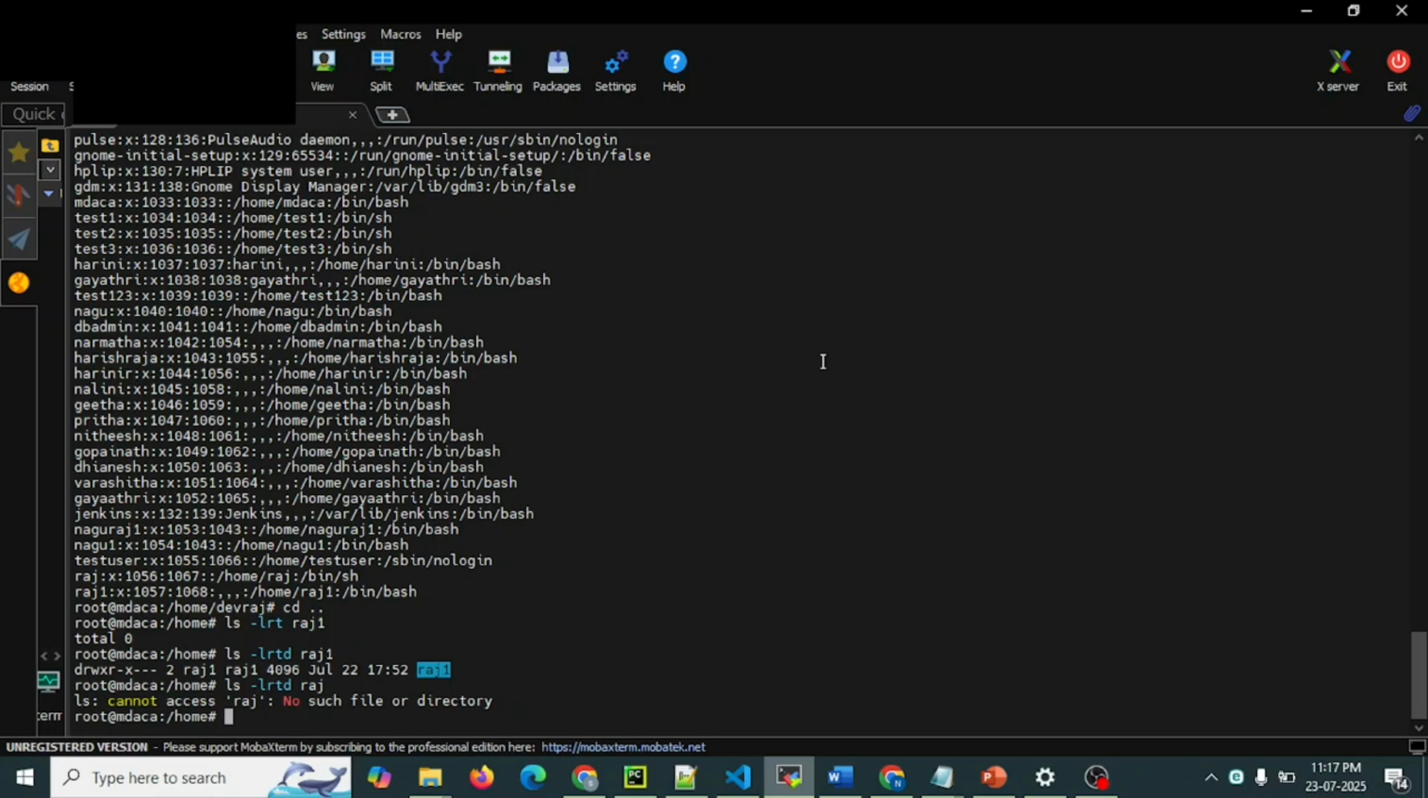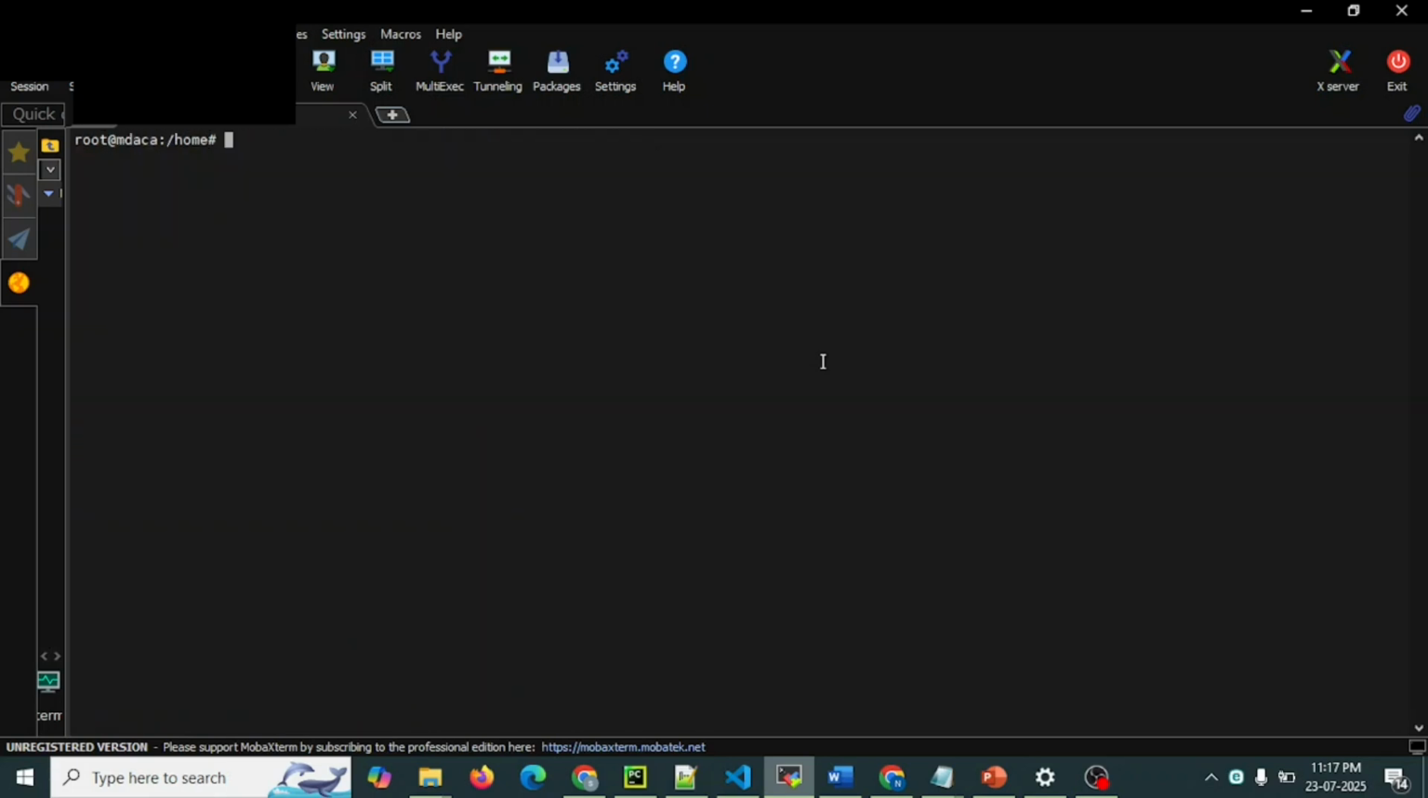Before we start the next command, I'm going to clear my screen and show you how the password file looks. If you see /etc/shadow,